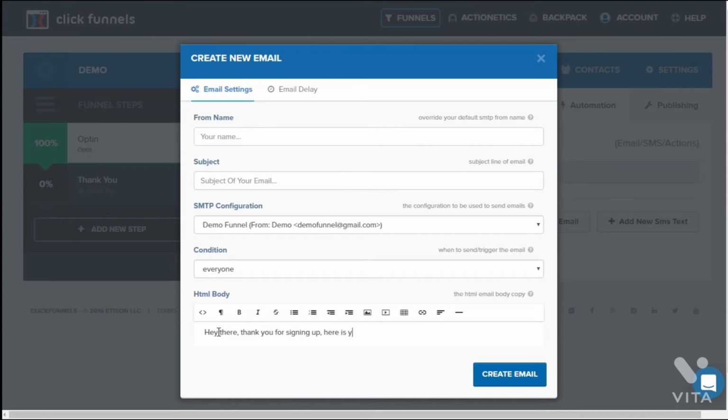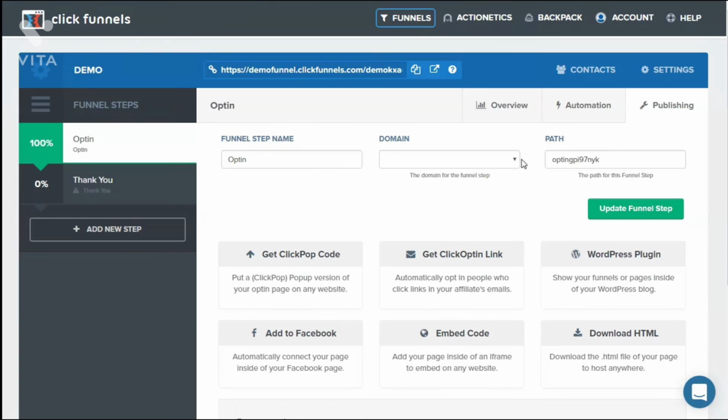So for example, it would be, "Hey there, thank you for signing up. Here is your ebook." And once you're done customizing this with images and text and also the formatting, you just click on Create Email. In publishing, you can rename the funnel step name, select the domain, and also rename the